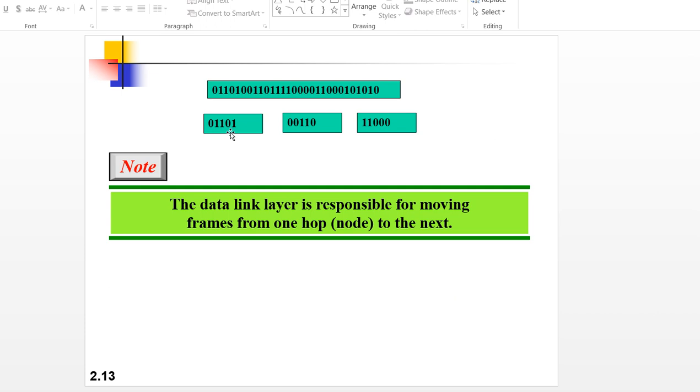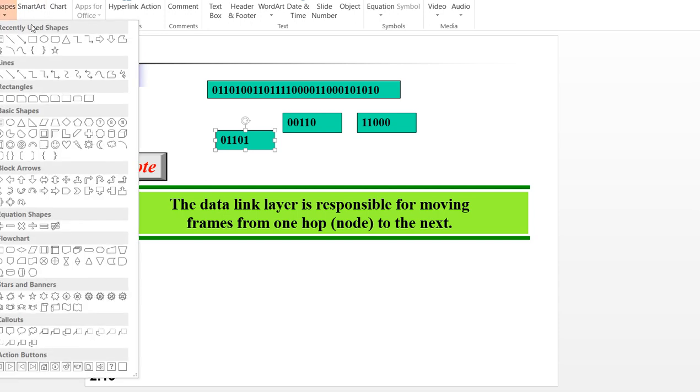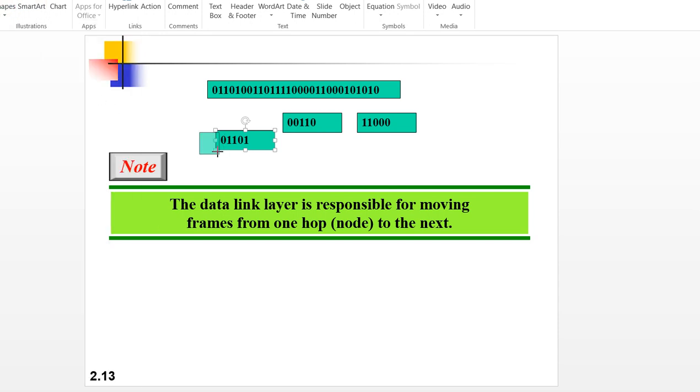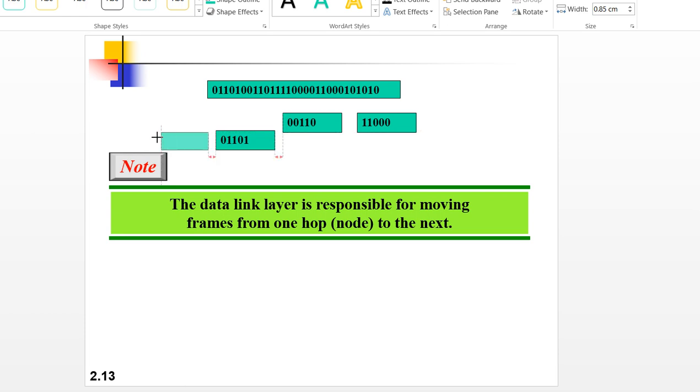So frame 1 is there, right? It will add some header to this particular frame. For example, I will type H001. Say this is the address of the other side, and this is added to frame 1. Like this H002, H003, the headers go on being added to each frame, because the receiver has to receive the particular data. To make sure this is the proper destination of the receiver, the data link layer adds the header to each frame. That is the responsibility of this layer.